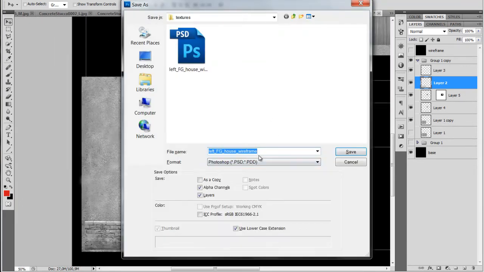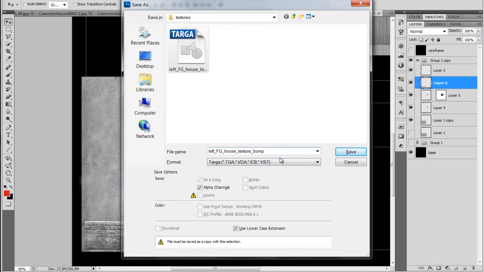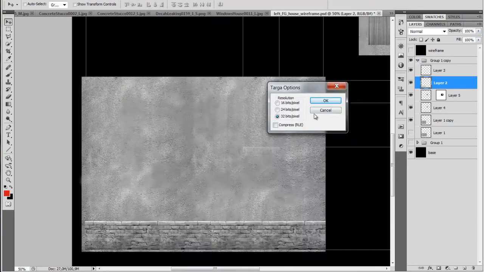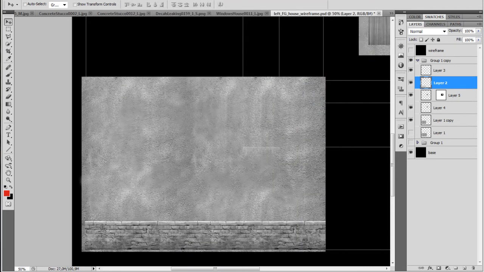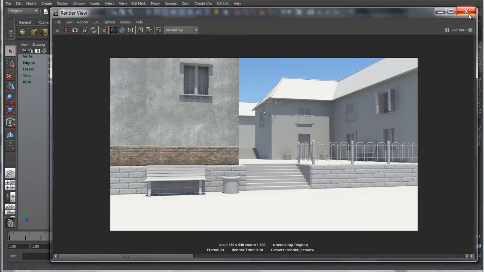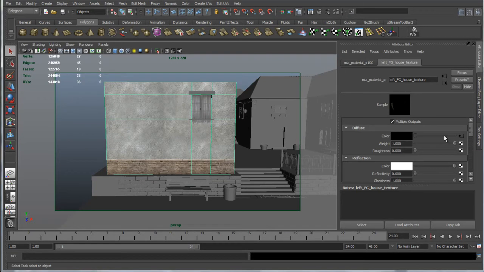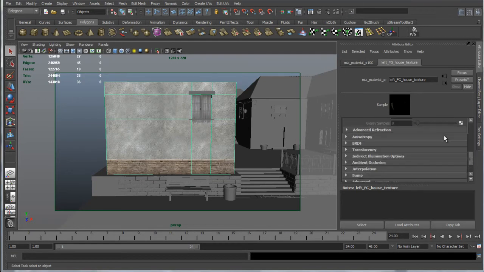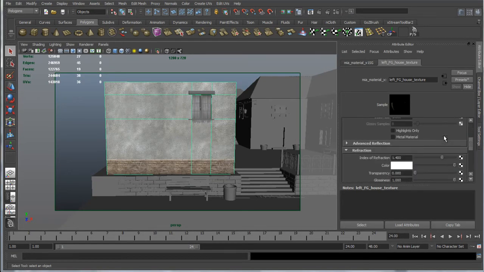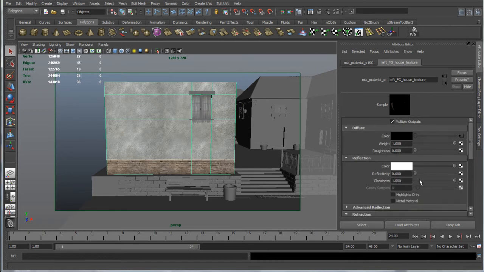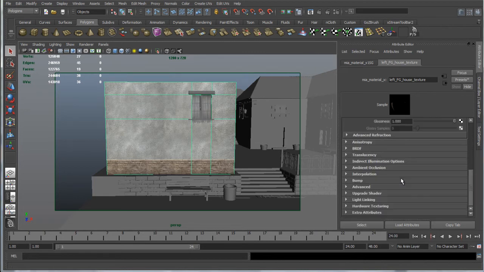So now it looks okay, so let's save it with the same name but with bump, and remember to remove the alpha channel, we don't need that inside of Maya. So let's go back in Maya, go to the material properties, and let's tweak the